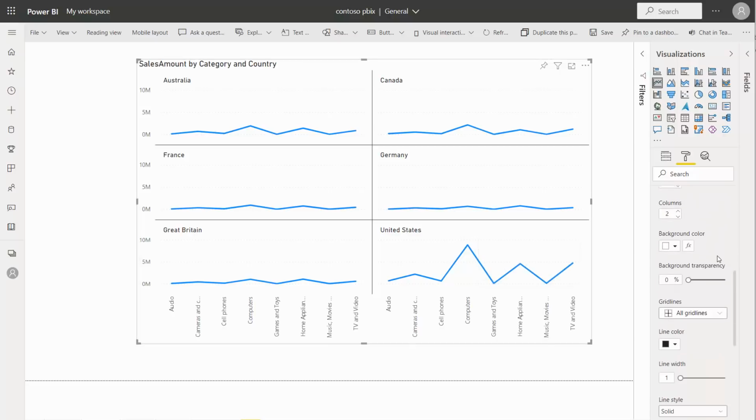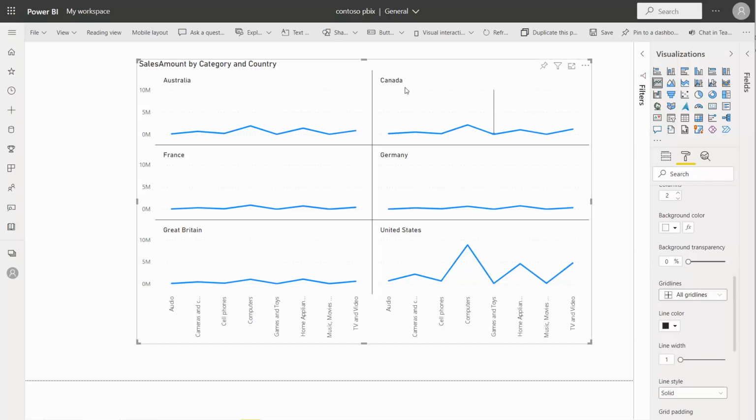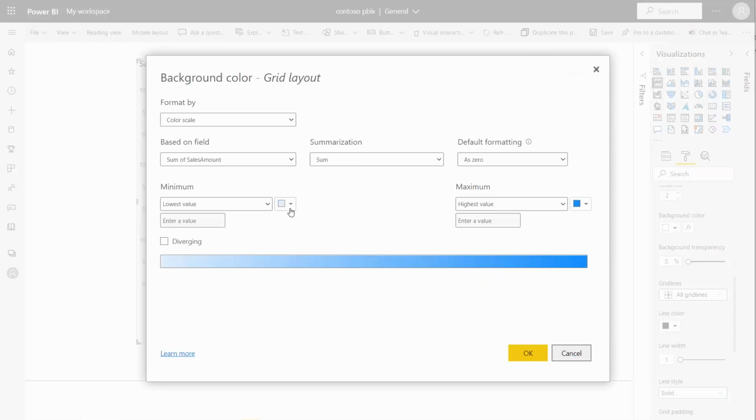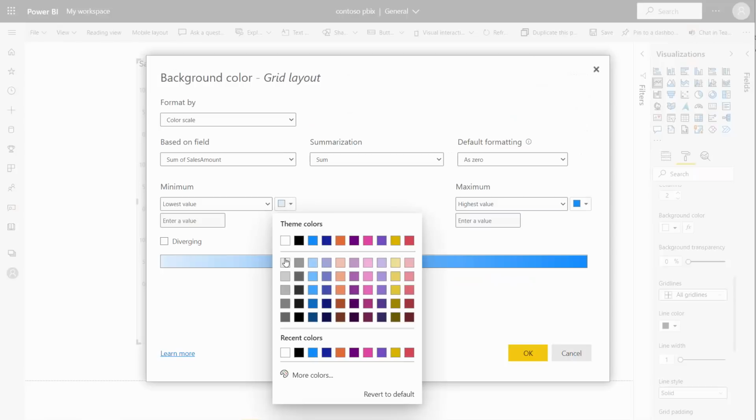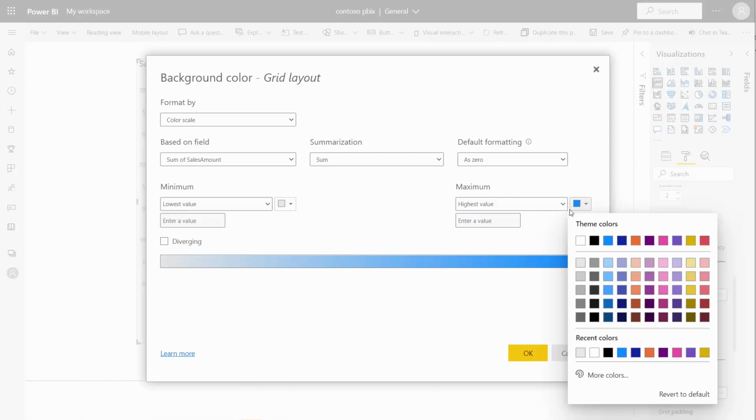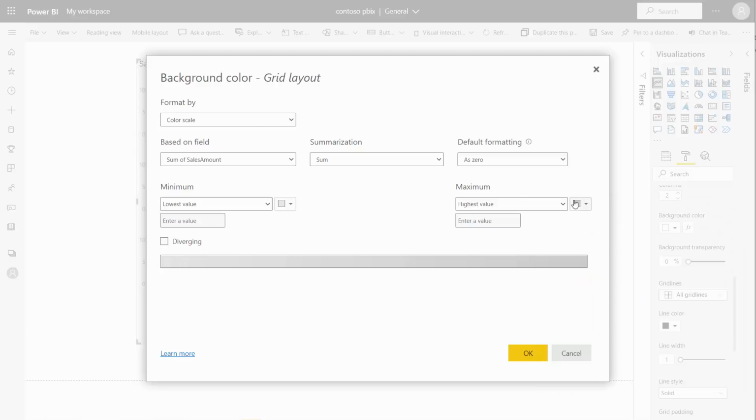So let's take a look at an example. I've got sales across categories for these different countries here. So for background color, suppose I want to have the background show off exactly how high these sales are in total across these different categories.